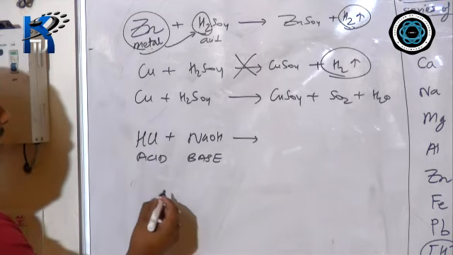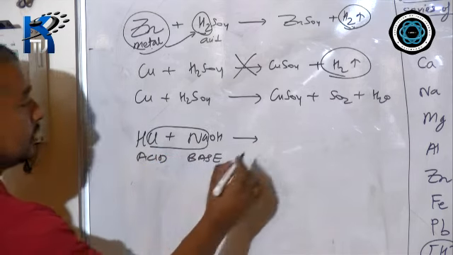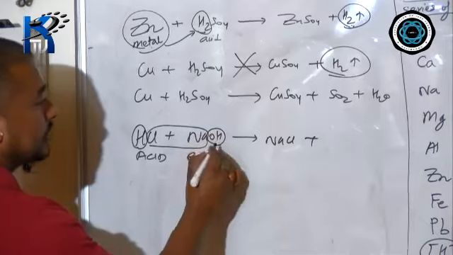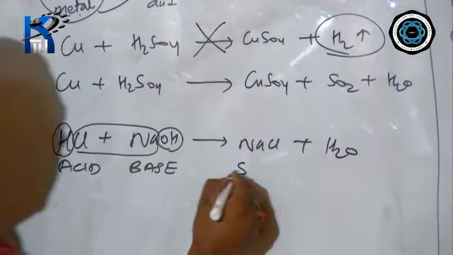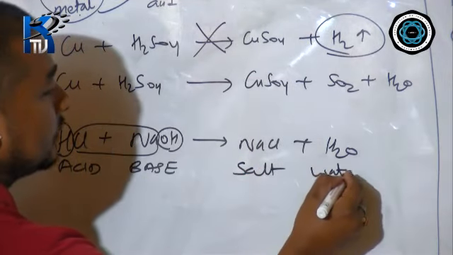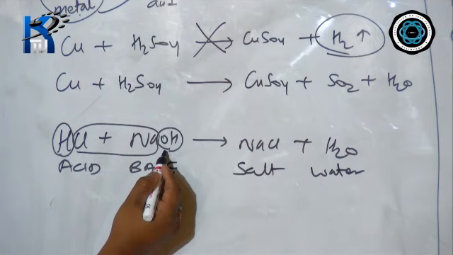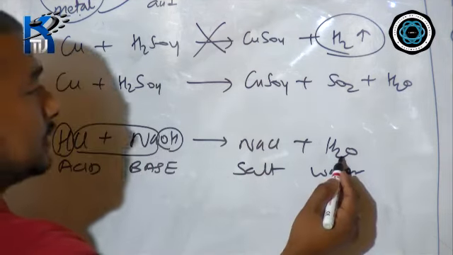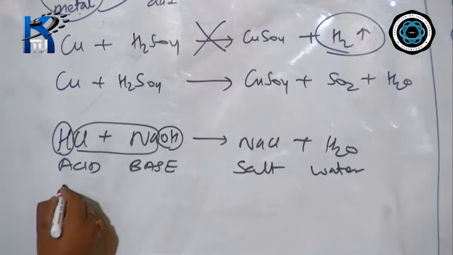and that is actually a double decomposition reaction, whereby this Cl will go with Na to form NaCl, and this H and this OH will combine to form water. And this reaction is already balanced, where this is a salt, this is water. So whenever any acid, students, reacts with a base, we get salt and water. Such a reaction is known as a neutralization reaction. I'll give you one more example.